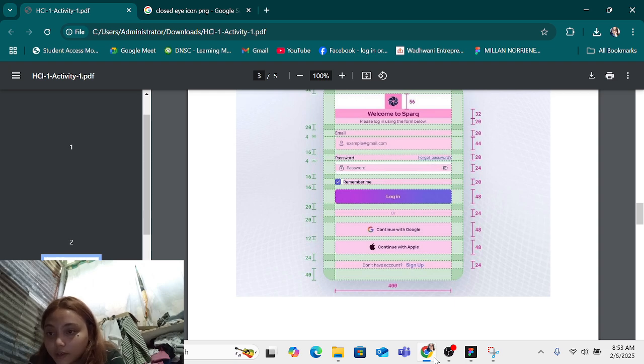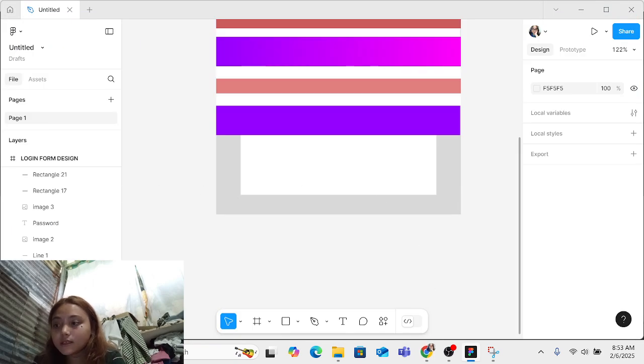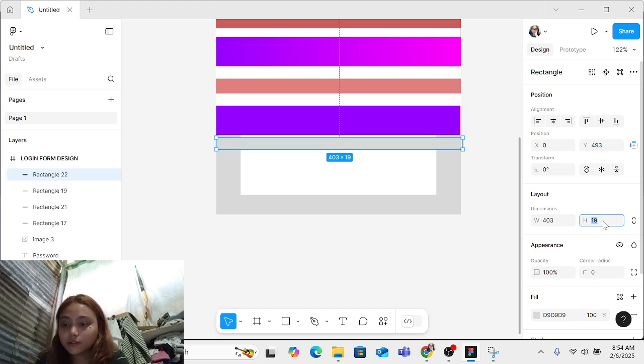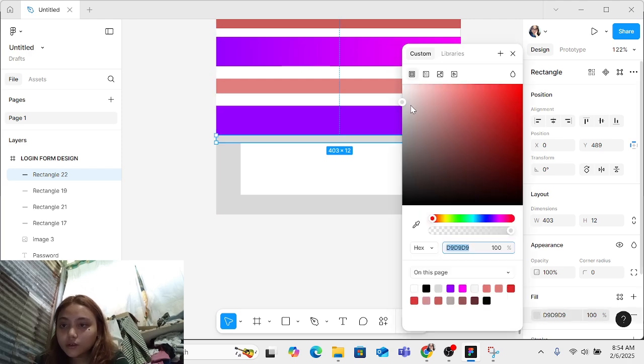Then another spacing. The spacing is 12. So let's add another. Okay, we'll change it to 12 and change the color into white, since it's a spacing.